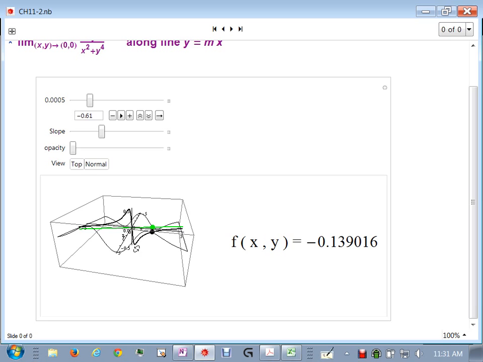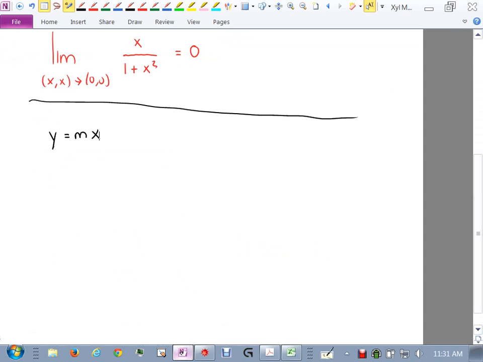But let's actually do it algebraically. The main point of this is for you to understand that we are actually testing, with the exception of the y-axis, every single line by doing it this way. Straight line going through the origin. All right, so let's go ahead. It's going to be the limit as x, mx goes to 0, 0